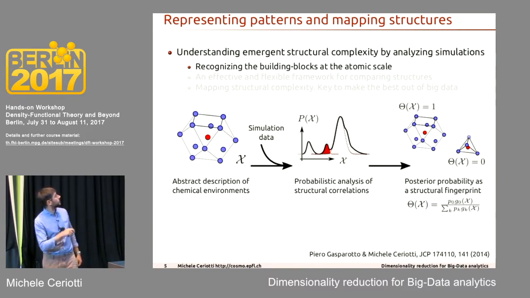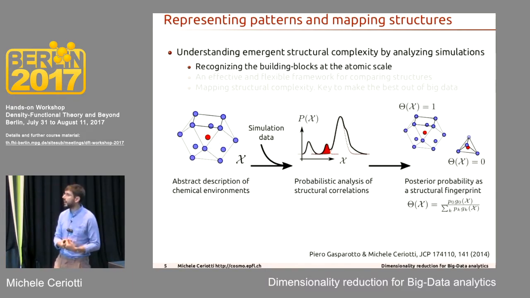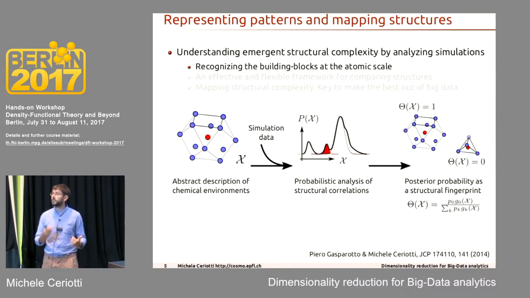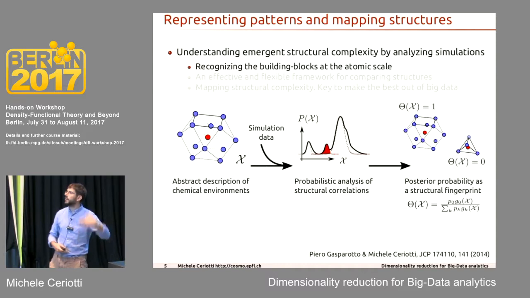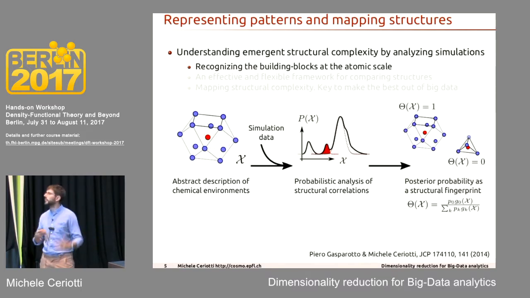So the idea here is that once you come up with a more or less abstract way of describing a chemical environment, then you can just look at a molecular dynamics simulation, for instance, and look at the probability of observing each of these patterns based on this abstract pattern description. And then this probability is basically going to tell you something about the free energetic stability of different motifs, and then you will be able to build a fingerprint that can identify these patterns in new materials with some sort